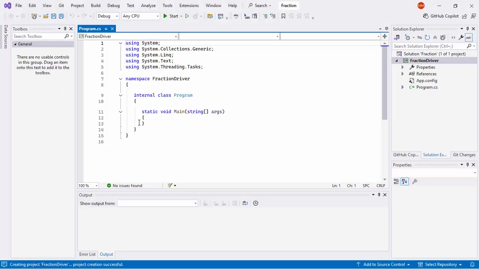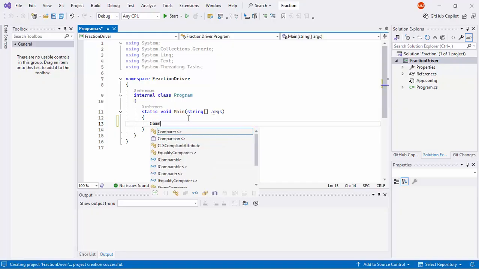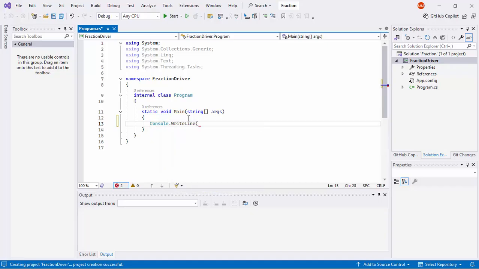So this is what we get. All of this is already auto generated for you. Let us put the content or the output of this console to say that this is a test driver console application. So how to print something? Of course, it is Console, tab, Write, what we want to write, or WriteLine. This is a test drive console application